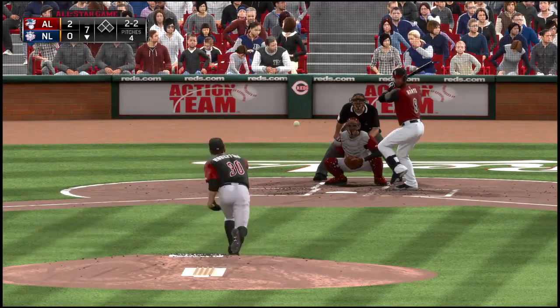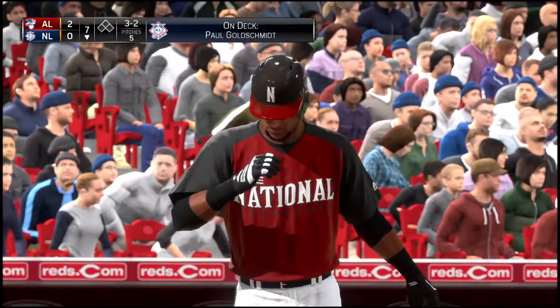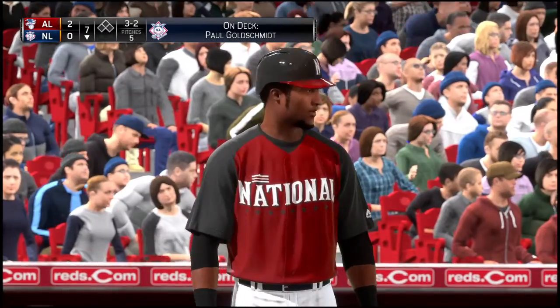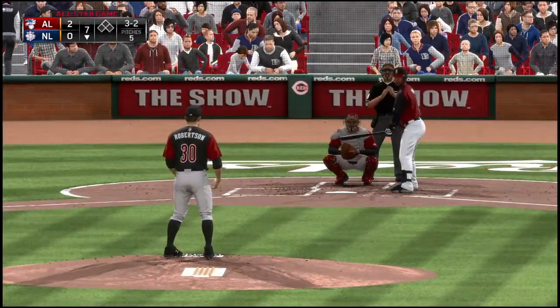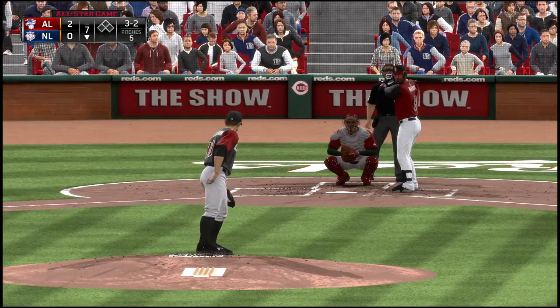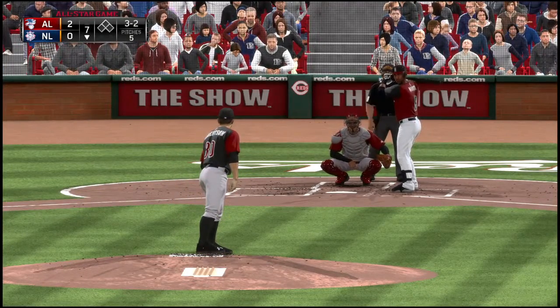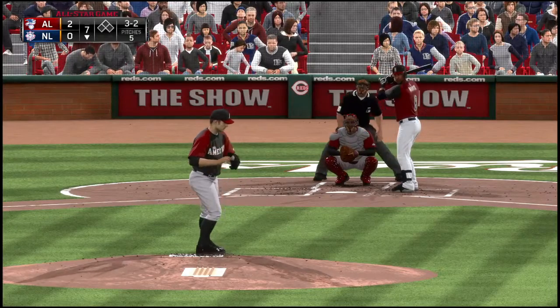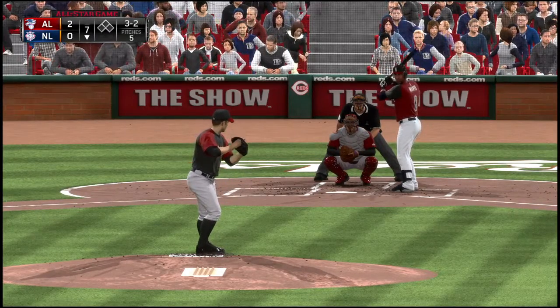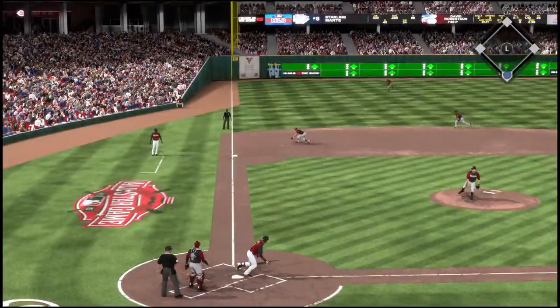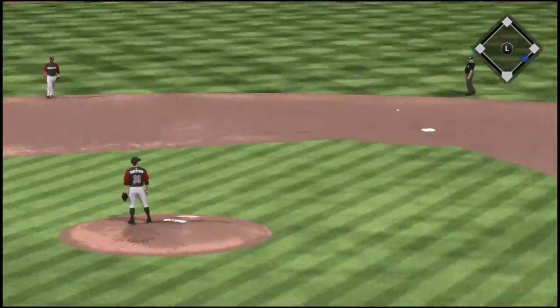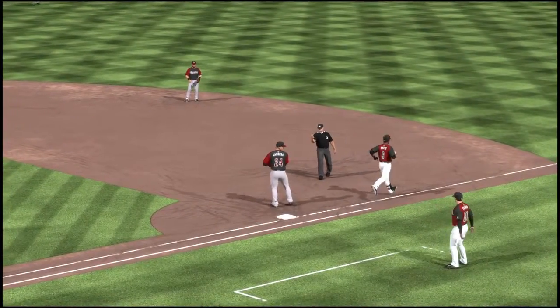Now the 2-2 pitch. Full count, 3-2. And down by 2, you better believe they'll take a leadoff walk right here. Anything to get a base runner. The 3-2 pitch. On the ground to third. And the catch is made, one away.